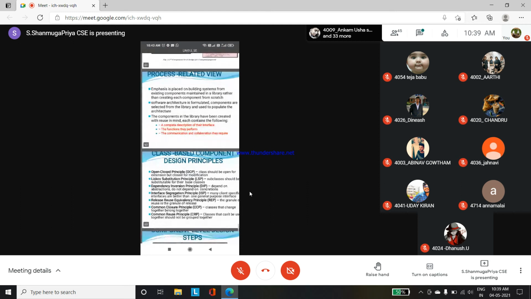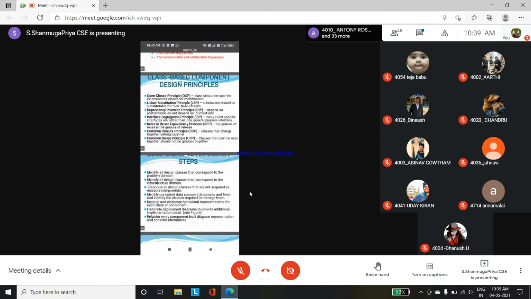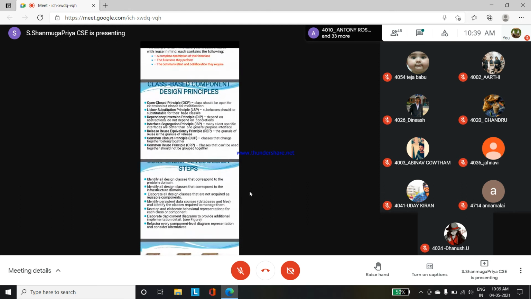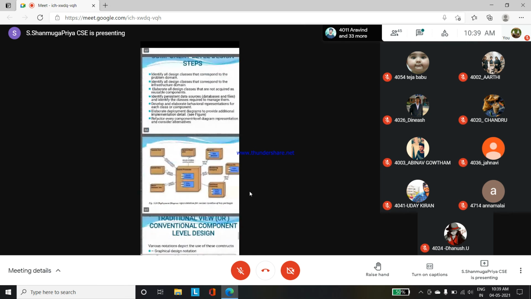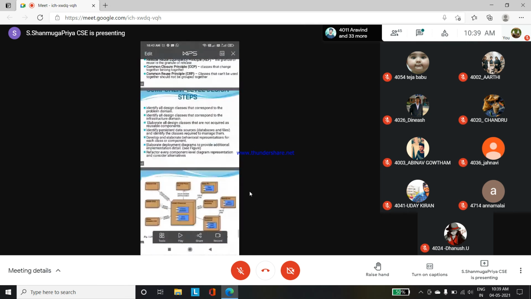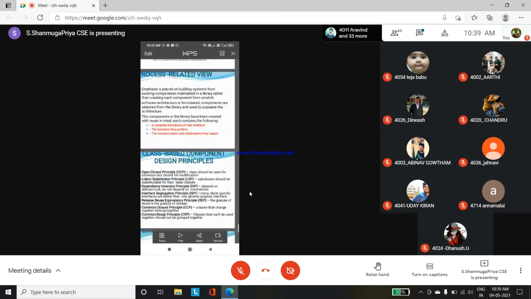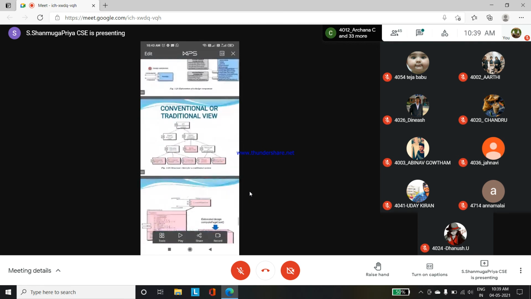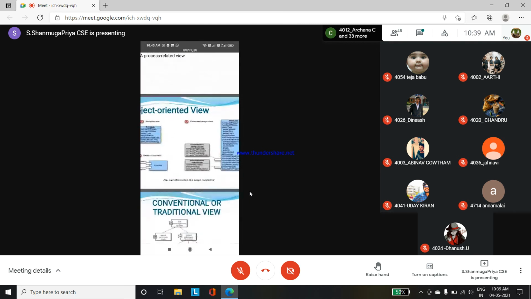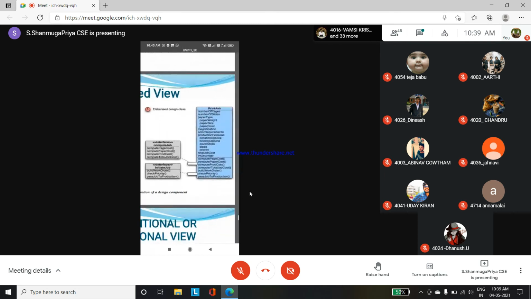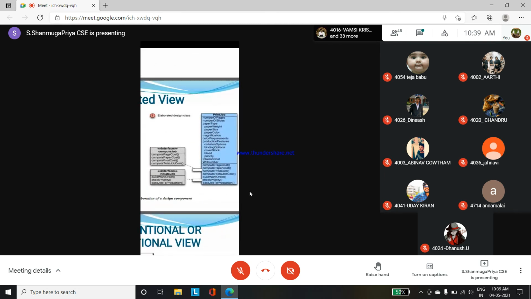So next தான் நம்ம என்ன பார்க்க போறோம்னா class based component. Class based component na எப்படி இருக்கும் அப்படிங்கறது நான் சொல்றேன். Just a minute ma. The class based diagram, this is the class based. In object oriented view பாத்தீங்க இல்லையா, அதுல elaborated design class, are you able to see that one?